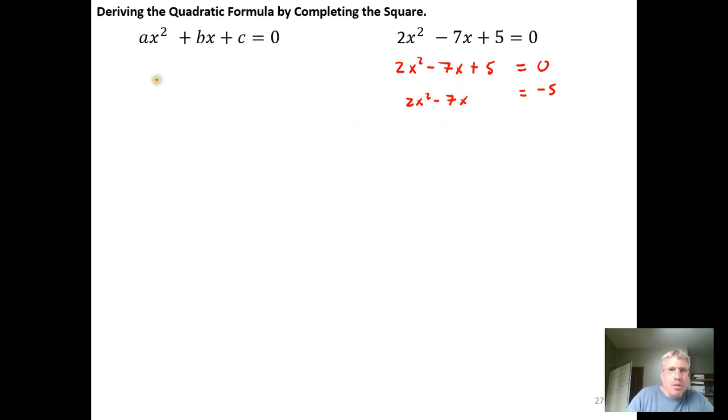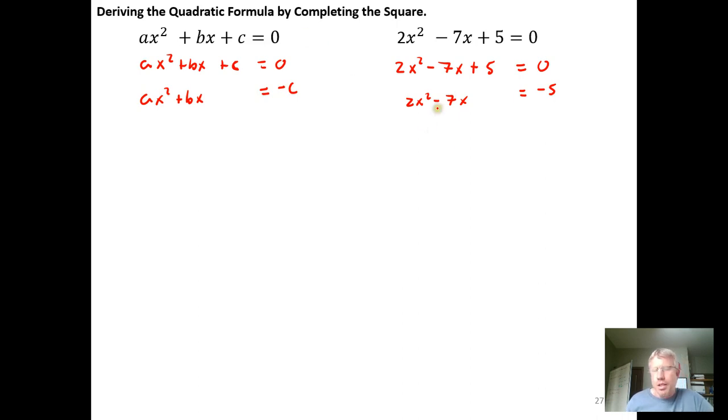So if we complete the square on the standard form of a quadratic equation, I would do all of the same things I did if I knew what the numbers were, right? So if this is ax squared plus bx plus c equals 0, my first step would be to take the thing that doesn't have an x and get it on the other side so it's out of my way, just like I did by subtracting the 5 over here. So I would probably take the c and subtract it from both sides. So I would get equals negative c, or the opposite of c,